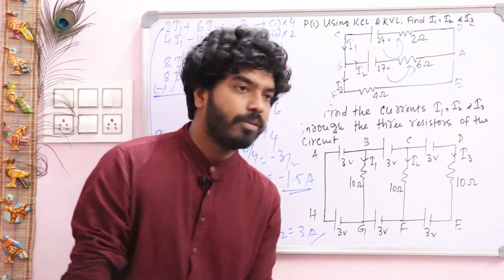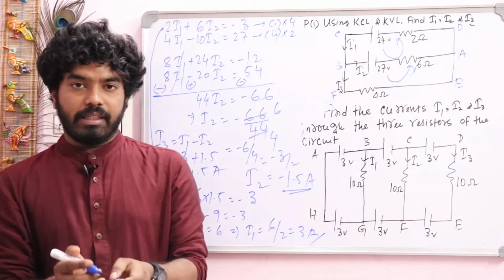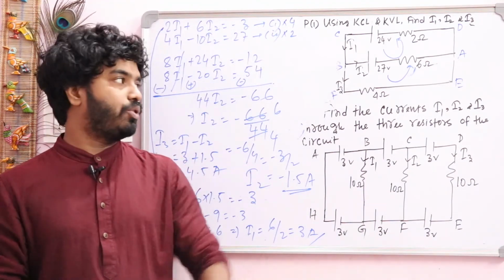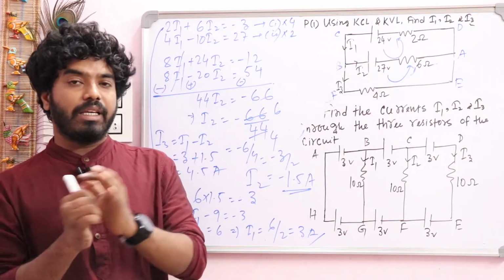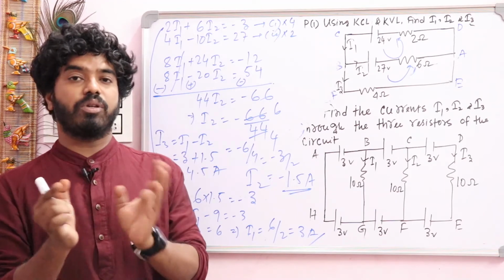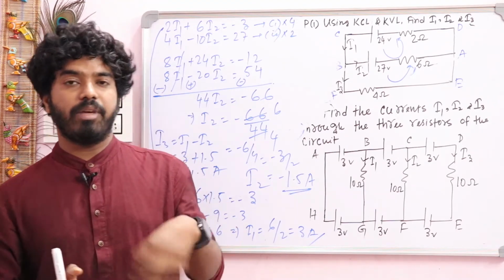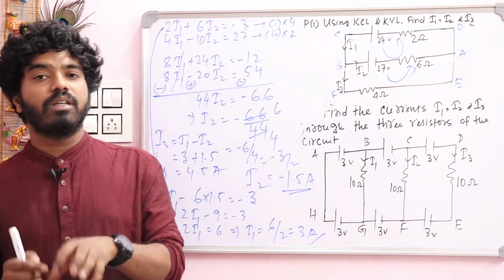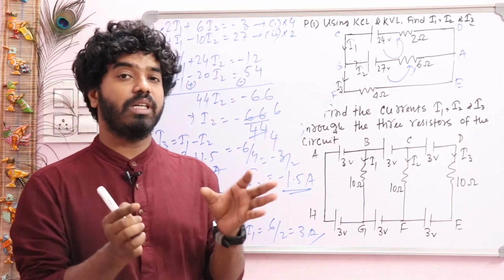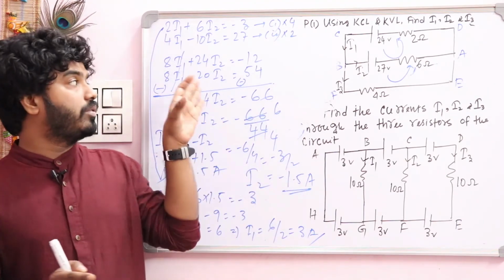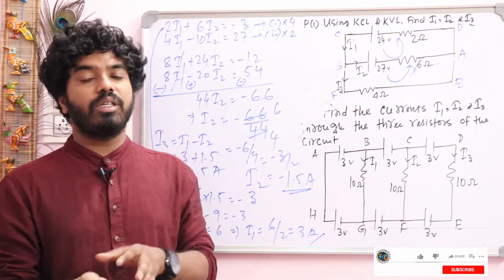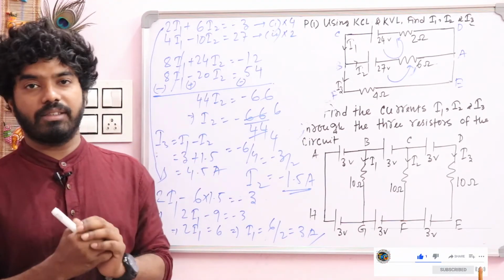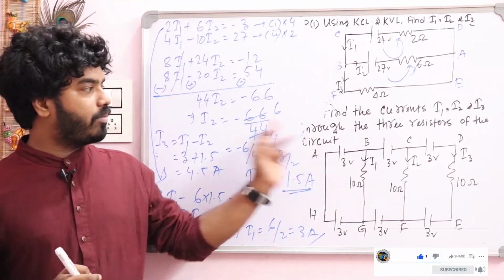Okay, so the basic thing: at first you have to draw the proper circuit, then you have to make a closed loop, you have to consider any direction, maybe clockwise, maybe anti-clockwise. Now with the help of direction, with the help of rules, you have to make these equations. Now solving the equations, you will easily find out the value of current. Okay, now solve problem 2.